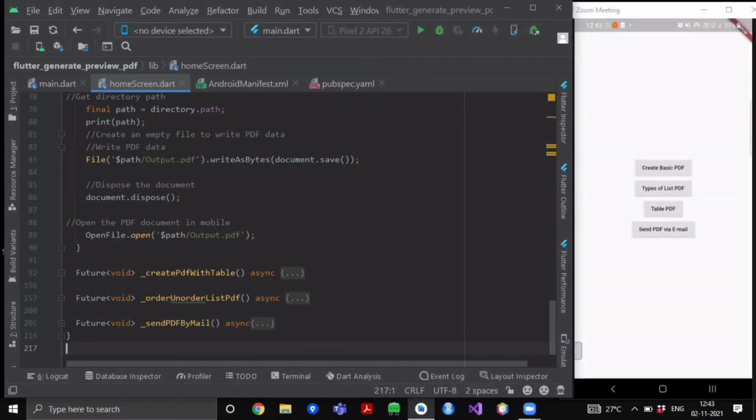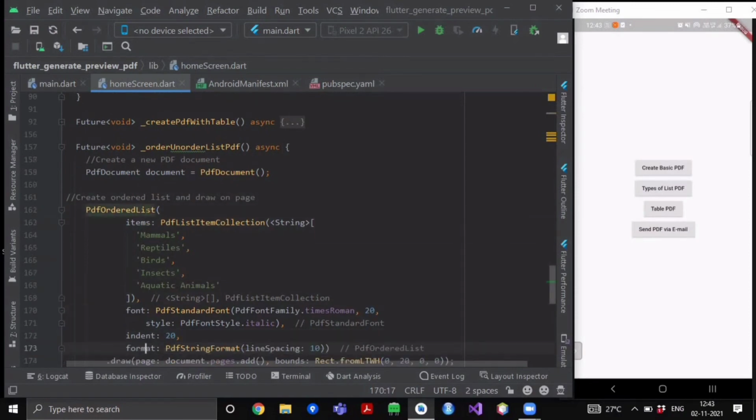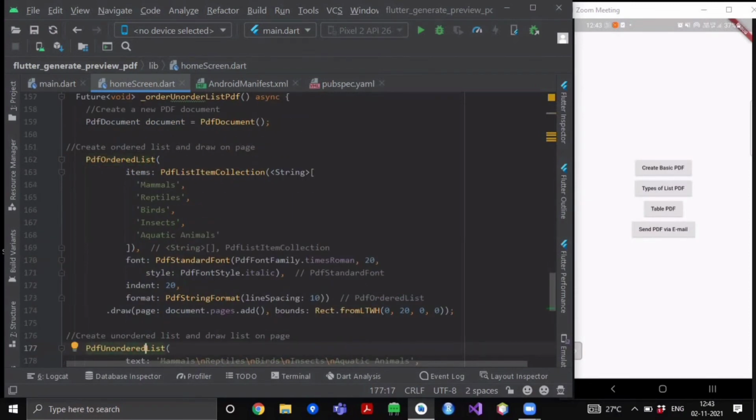Now we will go to our ordered and unordered list PDF file. So again the steps will be the same. First we have to create a PDF document object. Now to create an ordered list, we will call the PdfOrderedList widget. Inside the items attribute, you will pass a PdfListItemCollection, in which you will write a list of items that you want inside your ordered list.